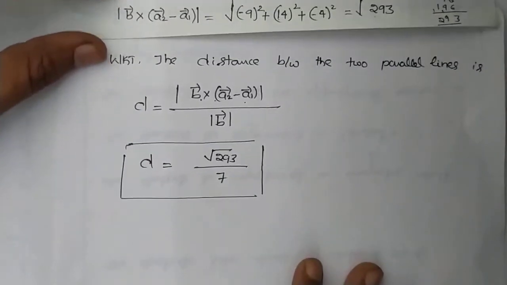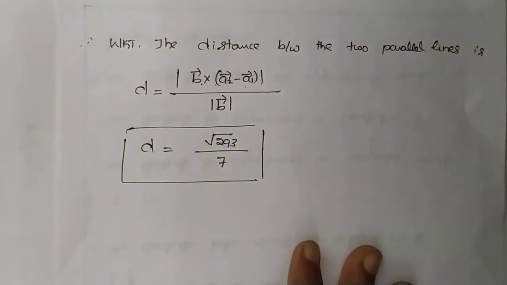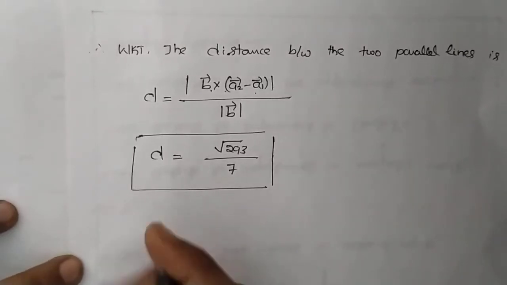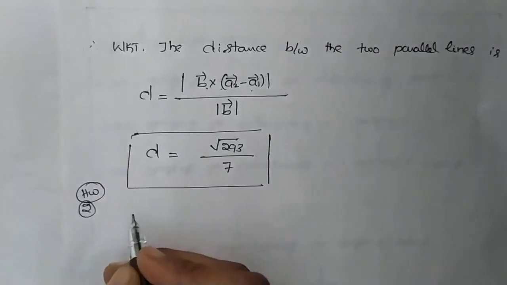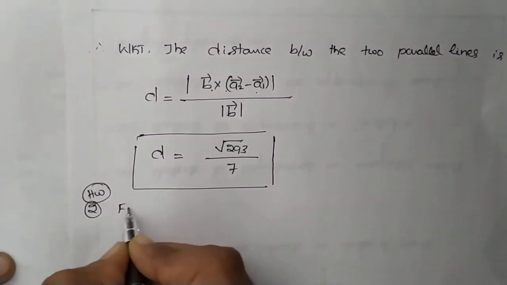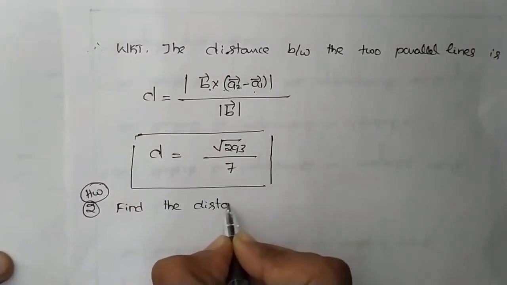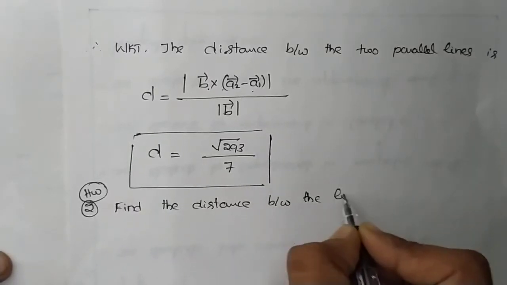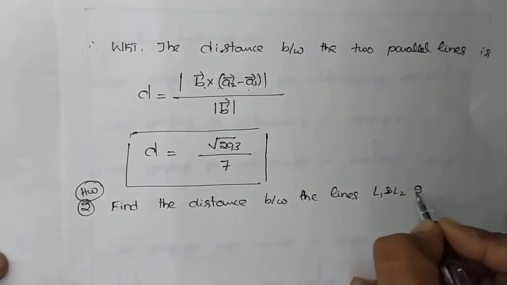Okay, it is the procedure to find the distance between two parallel lines when the lines are given in vector form. Now you just write down the question. That question will be homework for you. Find the distance between the lines L1 and L2 given by